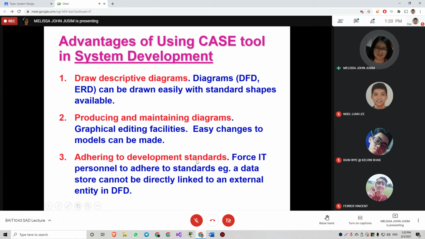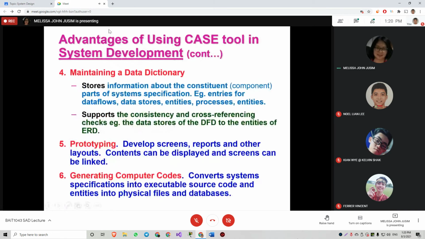Like this one is for a DFD. We cannot connect a data store to an external entity. That is one of the rule violations for a DFD. Maintaining a data dictionary.